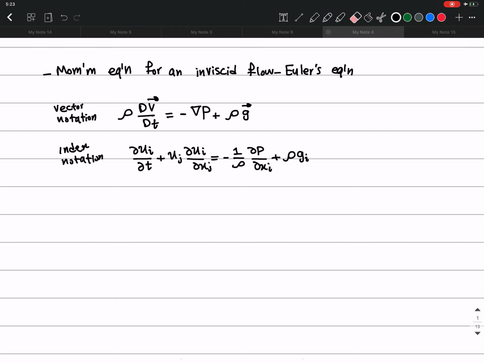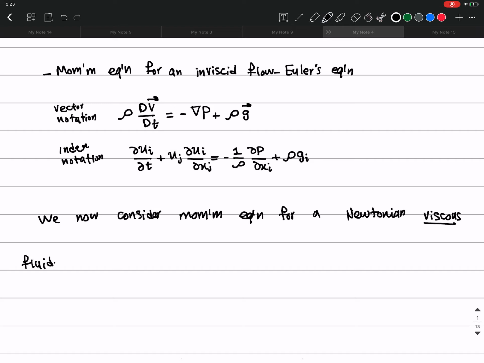Now we also have viscosity, and we want to see what terms we need to add and what terms we need to consider here. So when we have viscosity,